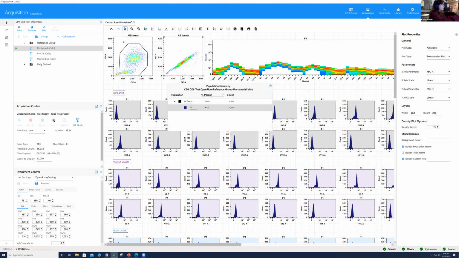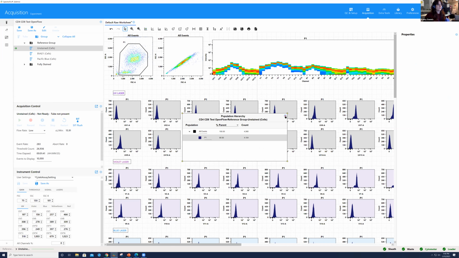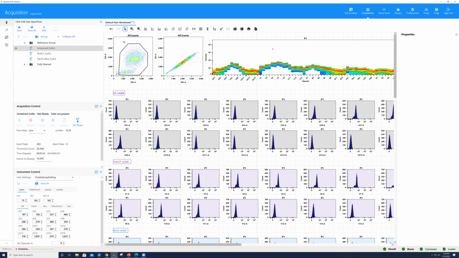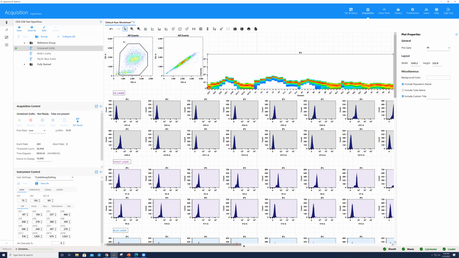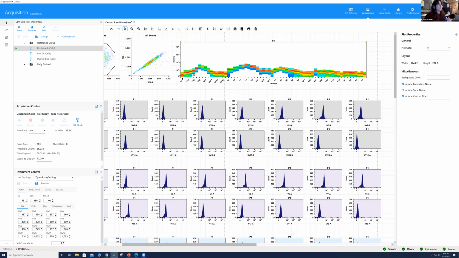Okay. We did talk about this last time, but it's very important to stress that we are looking at the full spectrum, right? So I'm gonna close this out for now, and I'm gonna bring this a little bit further. Actually, let me come over here. When we're looking at this full spectrum plot, if I put a sample on and you had a signal that was off scale, off of a certain laser line, I want to stress the importance that what you never want to do on these units is you never want to change individual gains